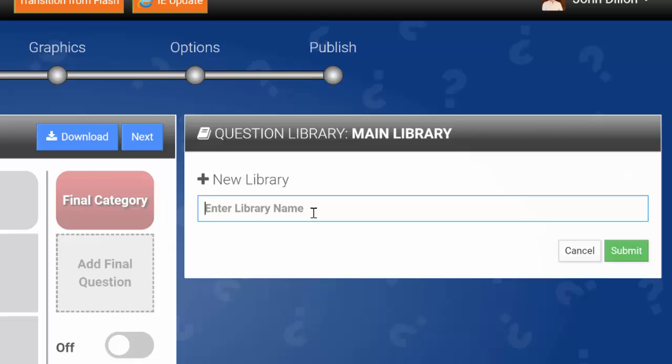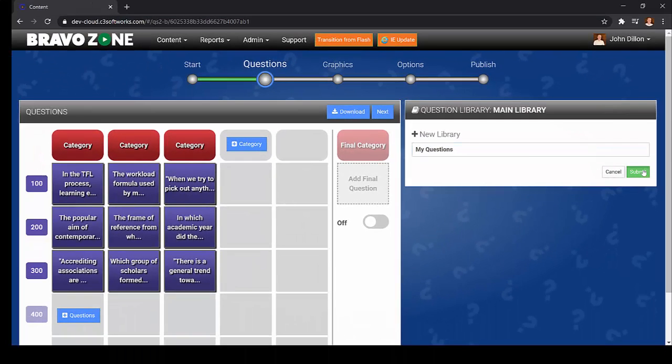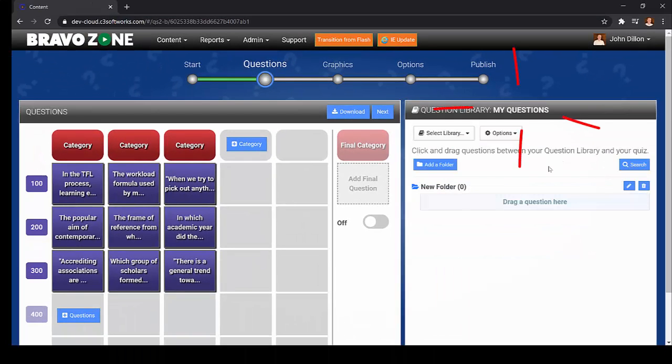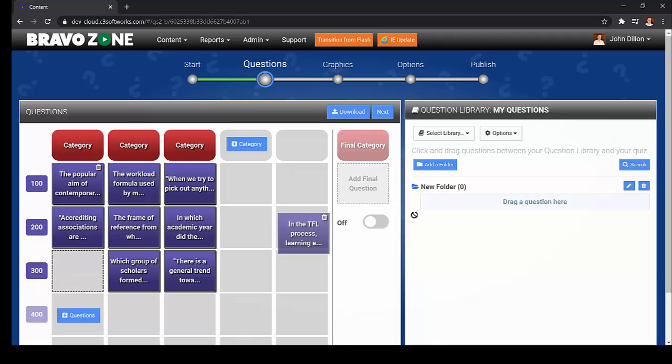Give it a name and submit. Now we have a library, and within this library, we could actually have multiple folders, which we can continue to add libraries or questions to. And you can have multiple folders within a library. So here's my first folder, and it's empty. So I'm simply going to drag and drop